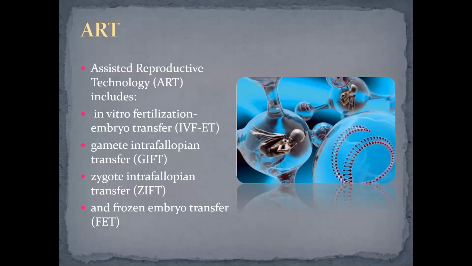When we perform in vitro fertilization, we obtain several embryos, and as we transfer only one or a maximum of two embryos inside the uterine cavity, the remaining normal healthy embryos we freeze in these special refrigerators,